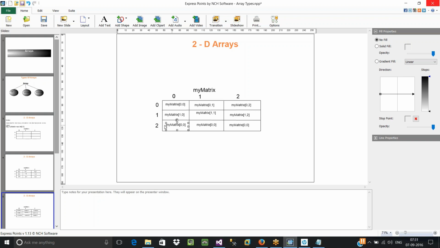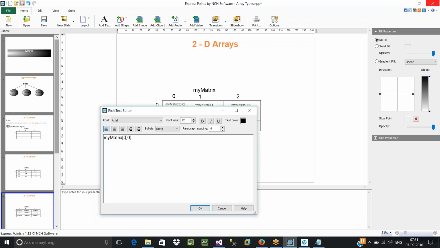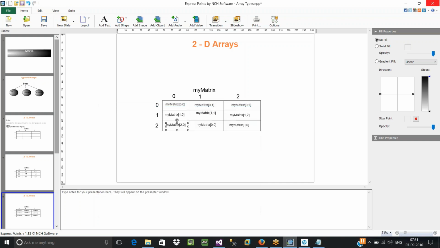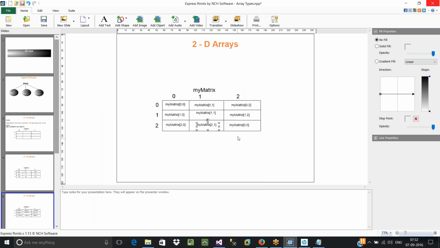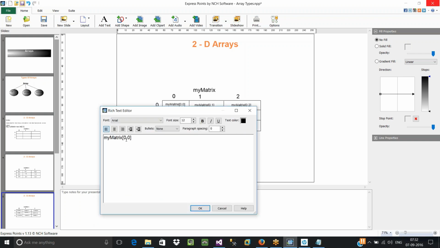And this is located at second row and 0th column. So this is going to be 2 comma 0, and this is going to be 2 comma 1, because this is located at second row and first column, and this is going to be 2 comma 2.